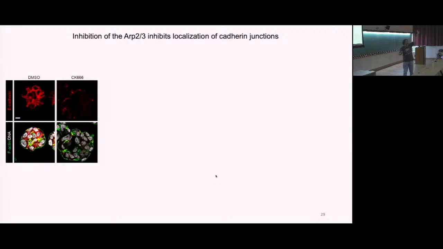So again, going back to my morphological principles, the thing that is present outside the cells is your cadherin. Well, not outside the cells, it's present on the cell surface. The thing that is present inside the cell, ARP2/3, are both now coming together. So all these principles are coming together to allow us to understand morphogenesis. So ARP2/3 was also important in bringing these cadherins between the cells,